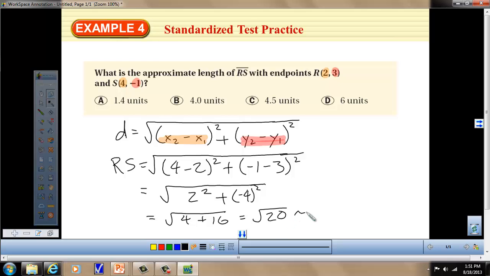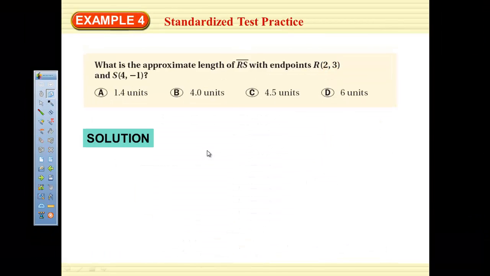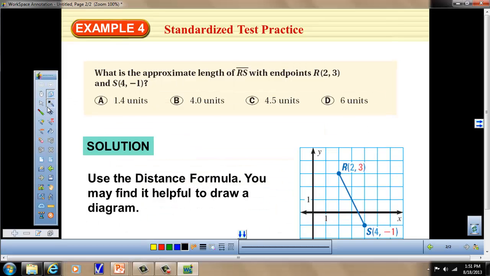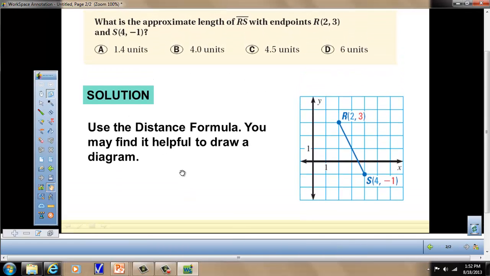And I don't remember what this is off the top of my head, but it's approximately, what, 4.4 or 4.5? So we'll say 4.5. Let me show you what the book does as well. If we look at this carefully, we're going to use the distance formula here. And really, the distance formula is a fancy way of saying something called the Pythagorean theorem, which you may have heard about in algebra. And I'll show you why it is the